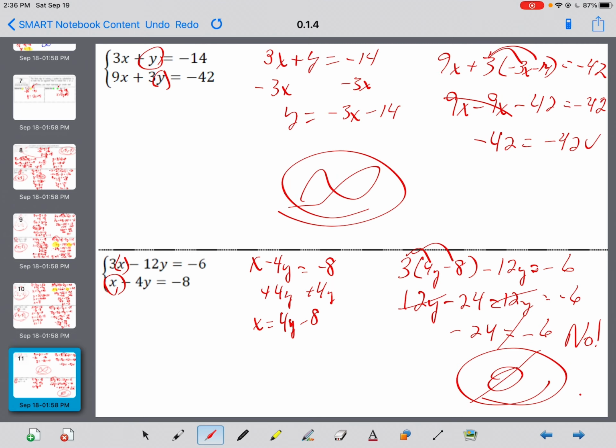That's substitution. It's not my favorite way to solve, but when you got one variable equals stuff and you can simply easily plug it in, that's the way I would do it. Good luck on your